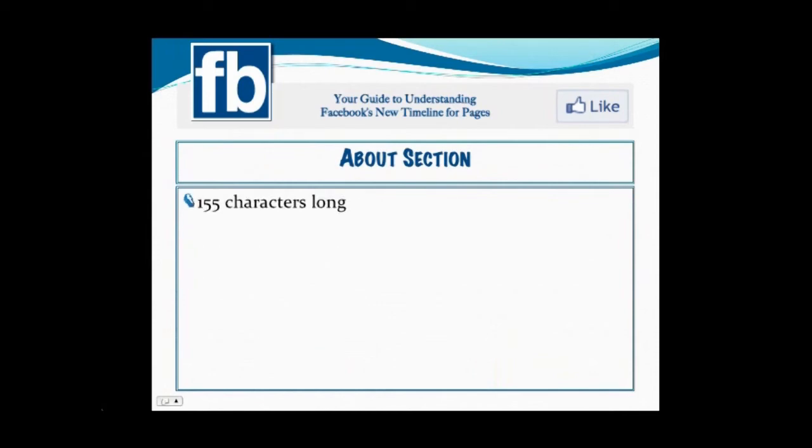Okay, the About section is 155 characters in length, so you don't have a lot of room here, and you have to make use of that room. And you might want to include a URL, so your website address, or maybe you have an opt-in form somewhere, then you want to include the URL here. And to make it clickable, you have to make sure that you include the HTTP as a prefix to your www. Okay, so make sure that you include the HTTP in the beginning,